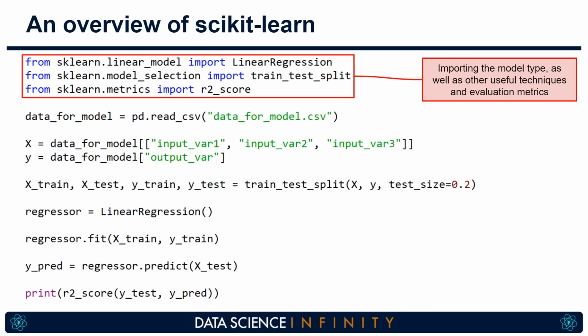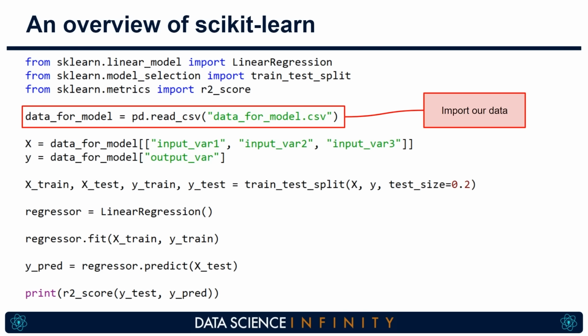On the third line, we're importing some logic that will help us calculate R², which is a key metric for assessing the accuracy of the predictions on a regression task. Next, I've basically put in some placeholder code for where we might import our raw data. As this is a very simple example here, I'm just suggesting that our data is sitting in a CSV file and that it doesn't need any special pre-processing, it's just ready to go as is. In reality, there is often some cleaning and preparation that does need to happen, but let's not worry about that now, as this tutorial is more about understanding the logic involved in a scikit-learn pipeline rather than every possible path that you could go down when building a model.